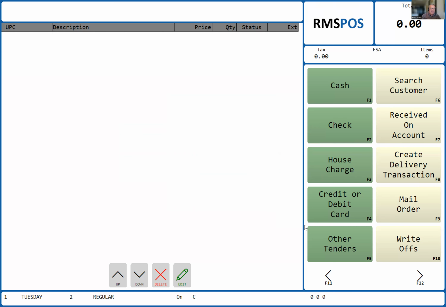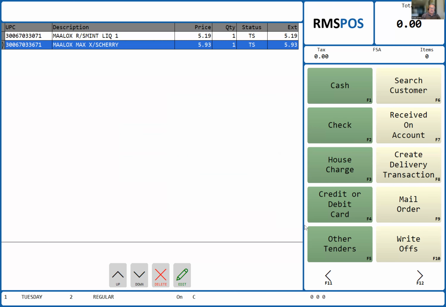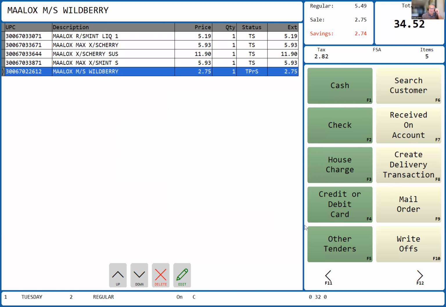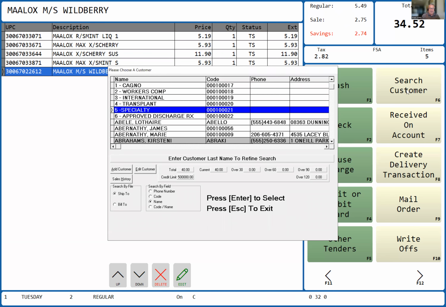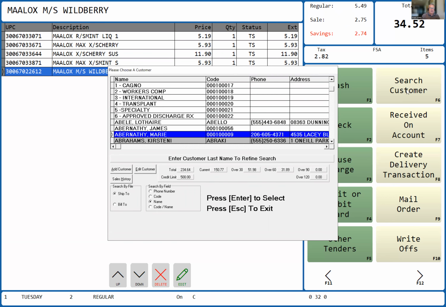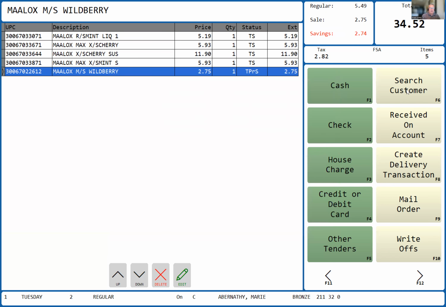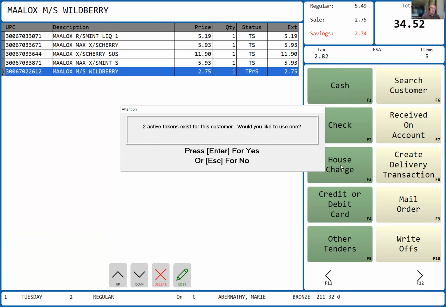Okay, another situation. I'm going to scan a couple of OTCs. This situation occurred when you've scanned something and you want to do a customer search to look up their balance. You hit customer search, and you scroll down or you type in part of the name, and you're looking at the balance, and you hit enter. Now, you haven't charged anything because you're just doing a customer search. What used to be able to happen is, now if you did hit house charge here, and